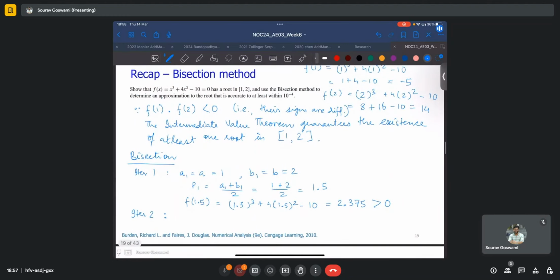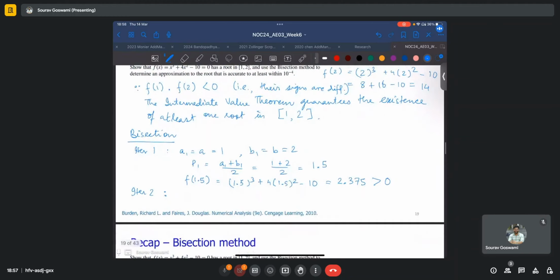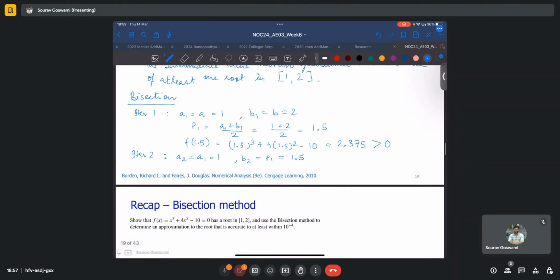The value of the function at 2 was also greater than 0, so b will change. So a2 remains the same as a1, whereas now b2 becomes equal to p1, equal to 1.5, and